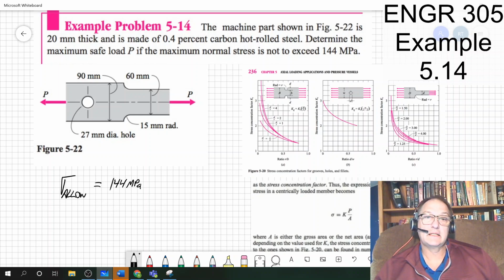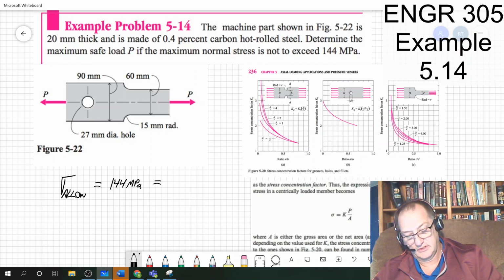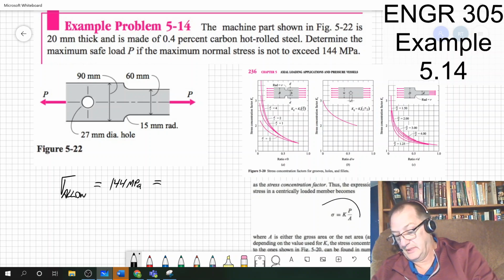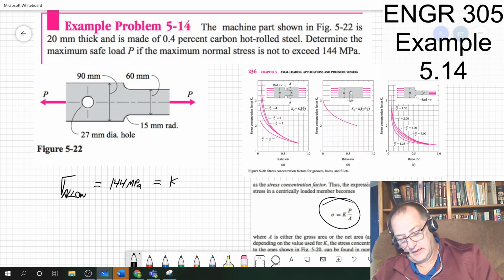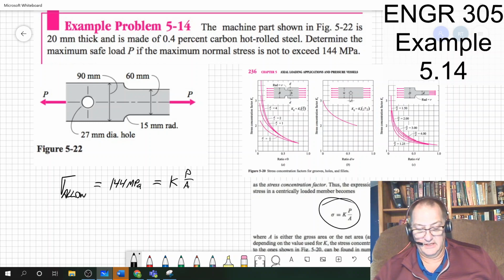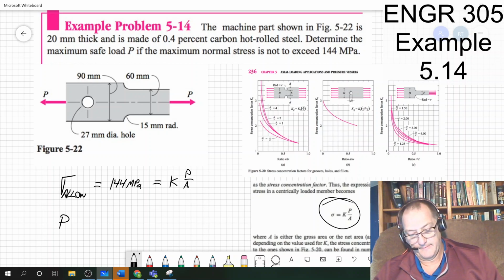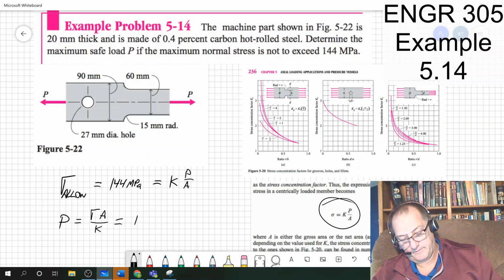And then next step, well, what's my equation that I'm working with? Well, sigma is equal to, it's over here on the corner of the page next to my picture, K times P over A. So now, if I want to know what P is, I just have to reorganize my equation to sigma times area divided by K. And now I can start putting stuff in. P is equal to 144 megapascals